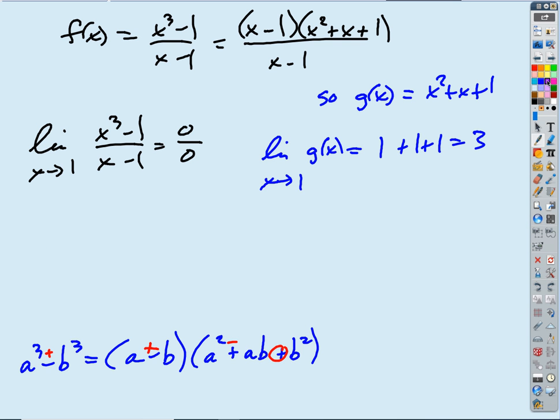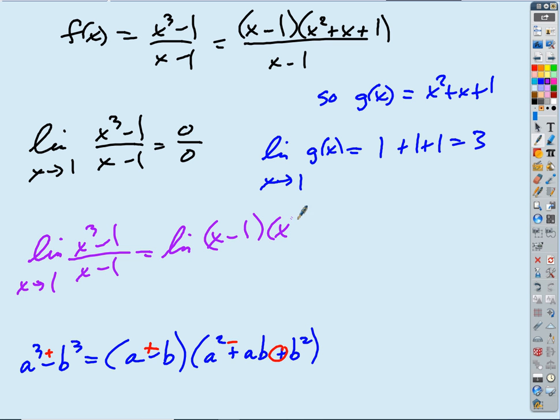The limit of x cubed minus 1 over x minus 1 as x approaches 1 is equal to the limit. Now notice I have to drag this limit notation with me the whole time because I haven't evaluated or taken the limit yet. So that's equal to the limit of x minus 1 times x squared plus 1 all over x minus 1, which is equal to